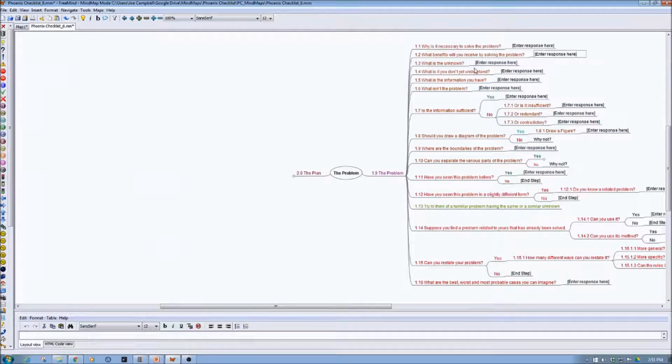And then what are the unknowns? And you put that here. Now, also keep in mind as you do this, you can keep branching out from here. So you don't have to put one item. So what are the unknowns? You can make a whole list here, and you can have a whole branch form off of this,